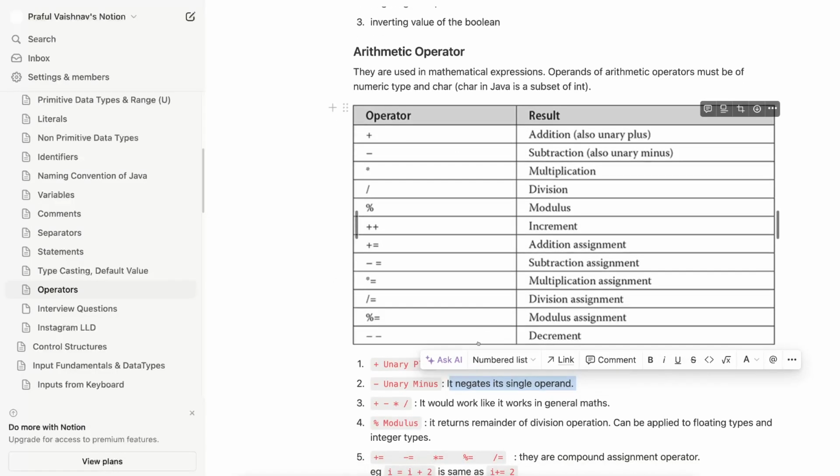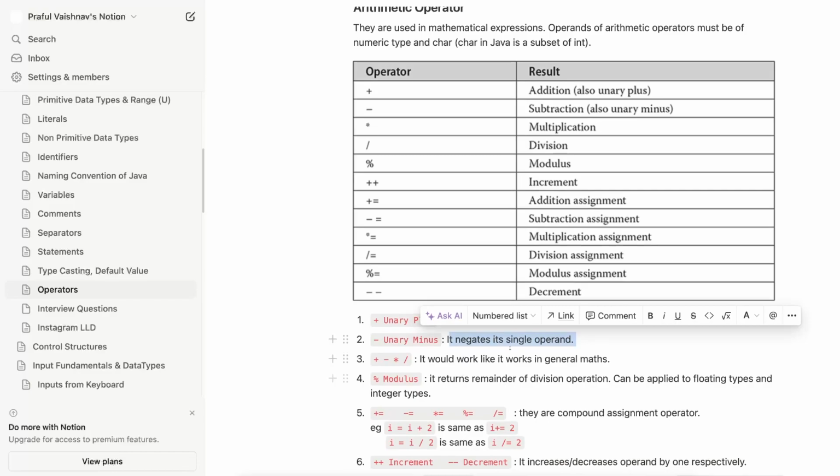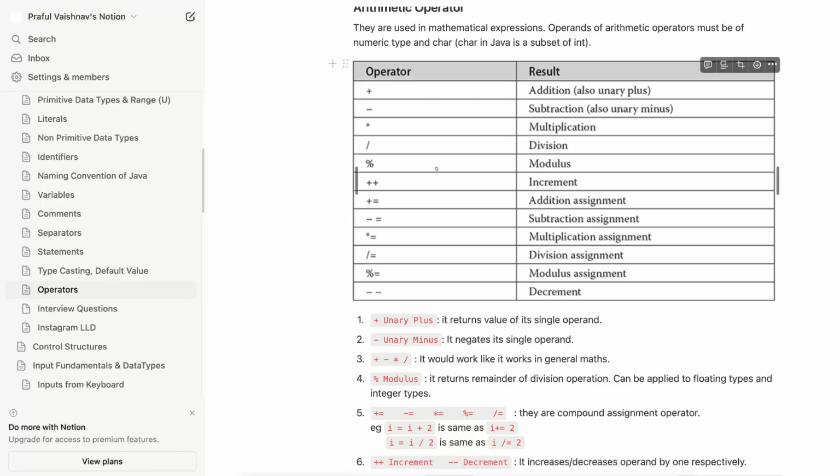So unary plus will just return the value, whatever value it has. Unary minus will negate the operand. If it is plus, it will convert it to minus. If it is minus, it will convert it to plus. This is how it works in our mathematics. Plus, minus, multiplication, division, it will work